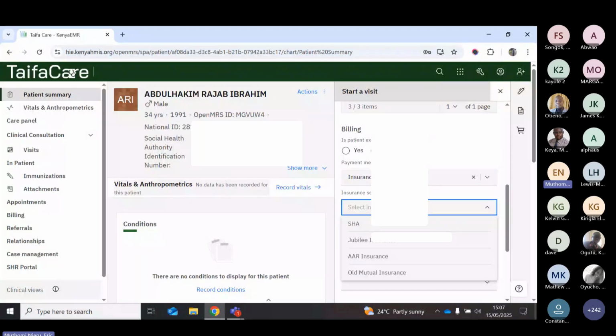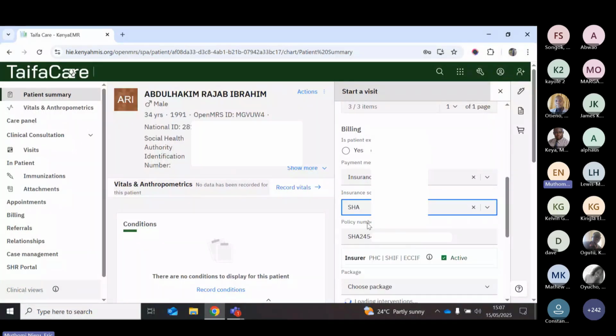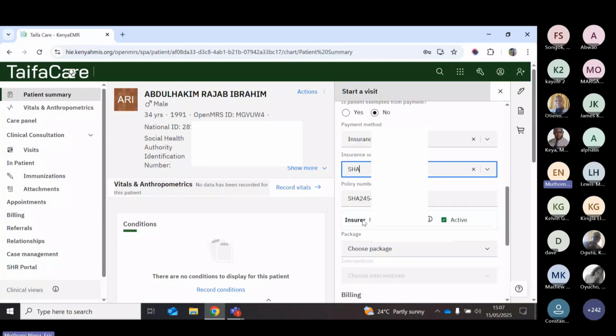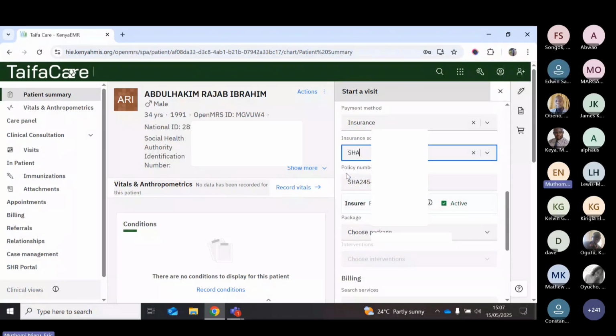So for example, you can see this one is active, and some of the funds where I can get services, PHC being one of them, are shown as active. Then from there, I'll be required to take the package. So for example, let me hit outpatient. Then it will load the interventions. Then I can take